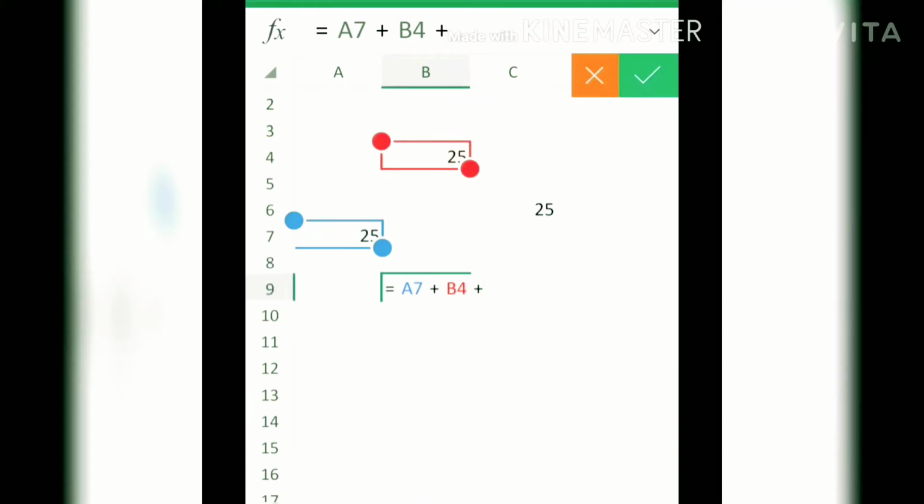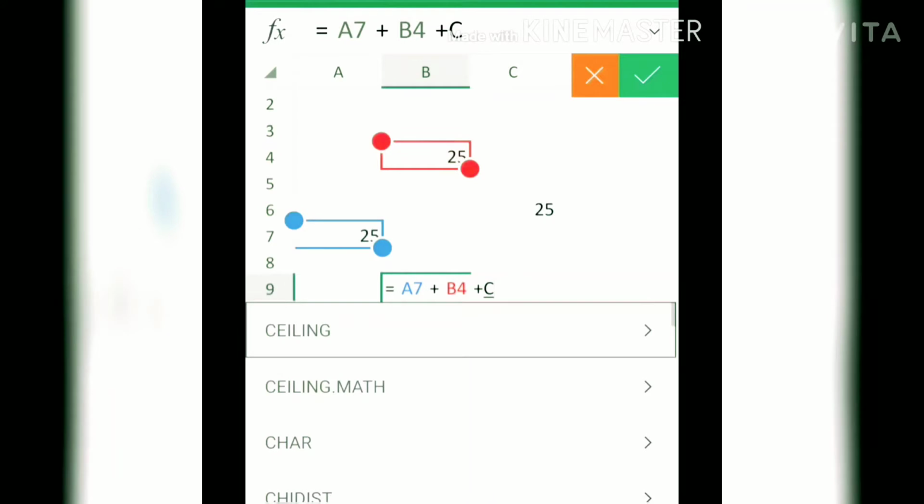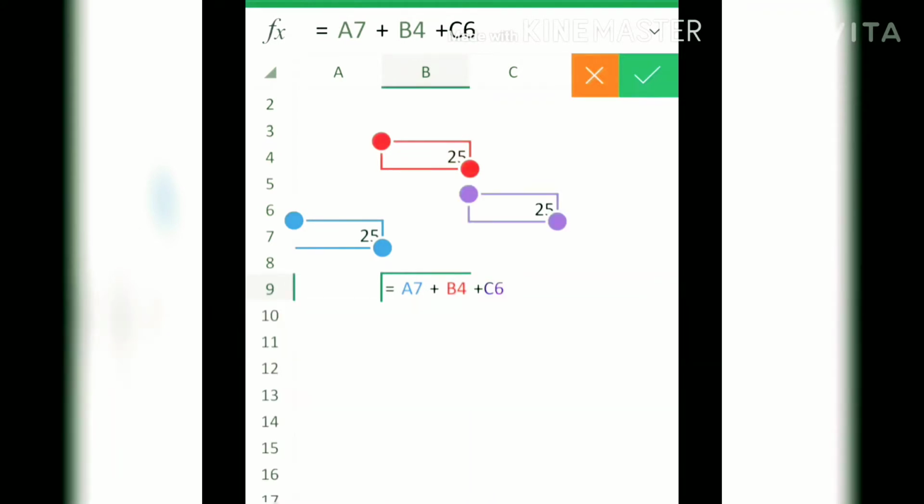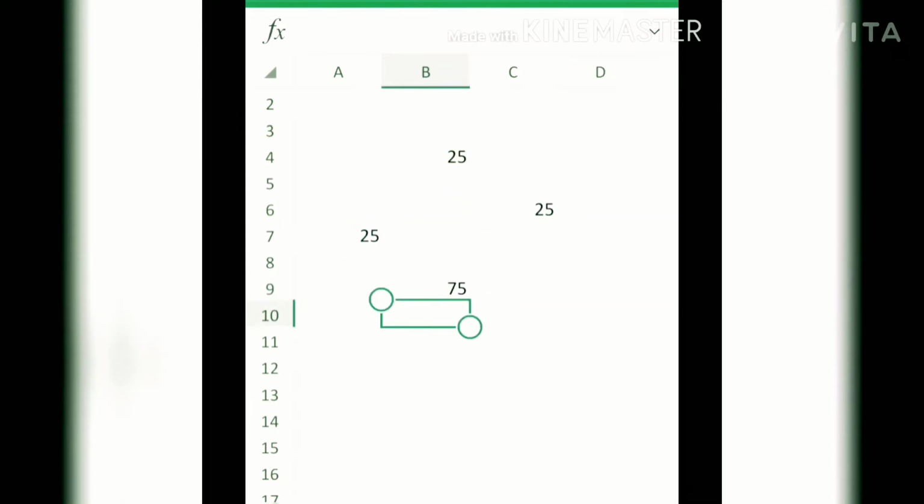We can see that the cell addresses of those numbers are displayed in the cell. After that, clicking on the enter key, we get the answer. We add 25 plus 25 plus 25, we get the answer 75 in the cell. That is the second method to enter cell references in the formula. Is it clear?